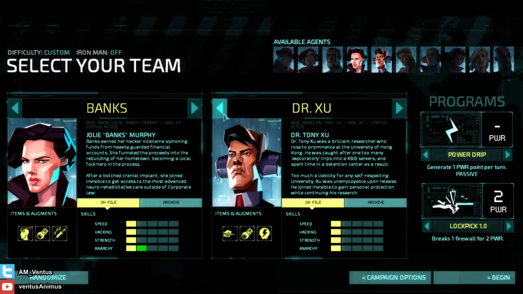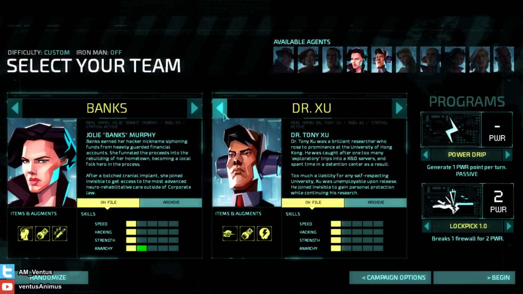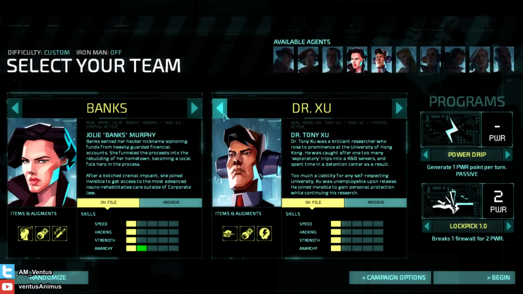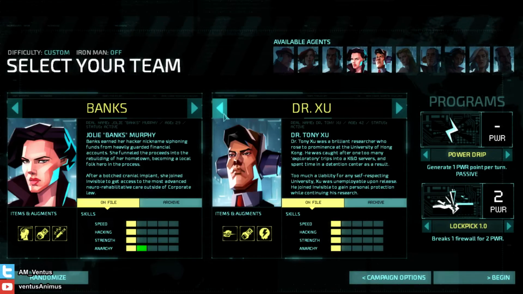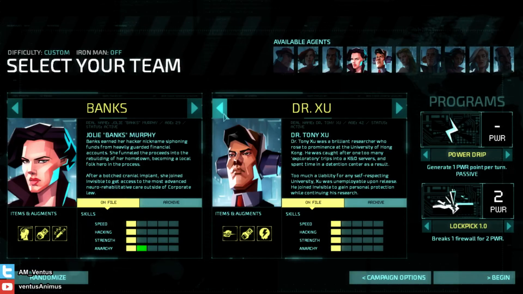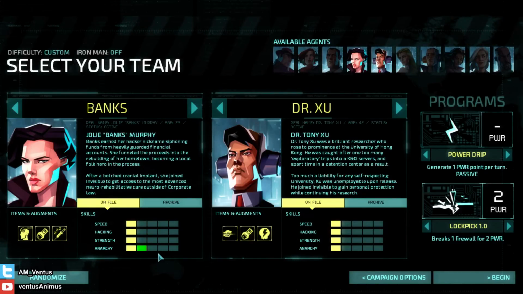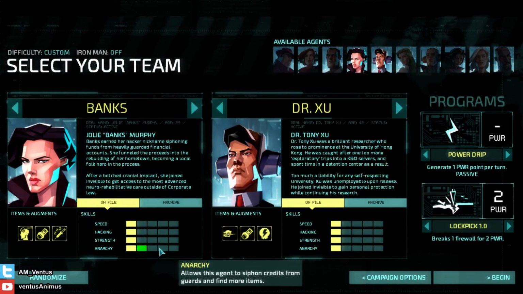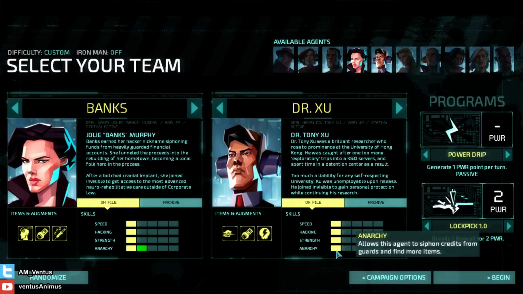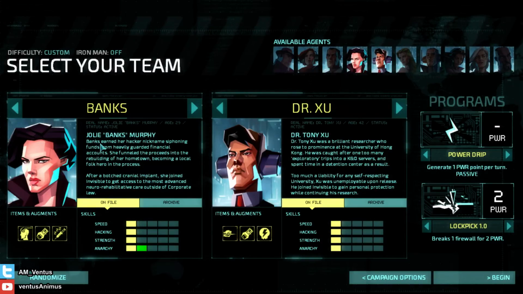Banks is the enabler. Think of it that way. She enables your team to succeed, and that's what you should think of her as. She's just an overall great agent. Like I said, top 3 agents in the game probably, and she is just this overall really good utility agent, especially with the anarchy. Especially because you can pay a smaller amount to level up her anarchy compared to other agents who don't start with 2 anarchy, and you can reach that point where she just spams these shock traps on every single